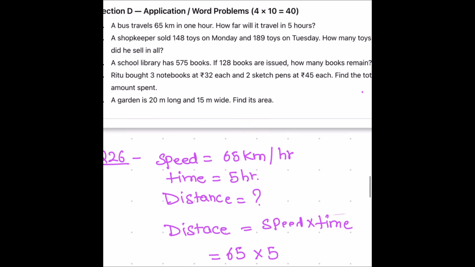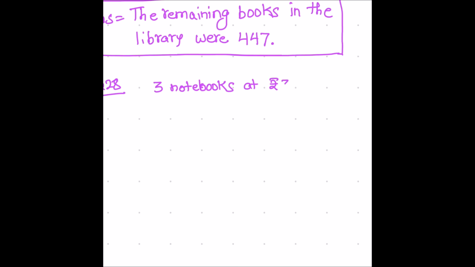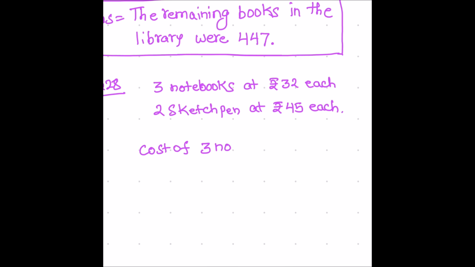So she bought 3 notebooks at 32 rupees each and 2 sketch pens at 45 rupees each. So let's find the cost of 3 notebooks first. So cost of 3 notebooks will be